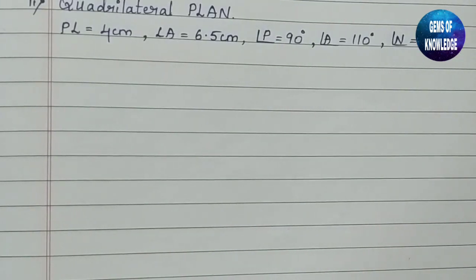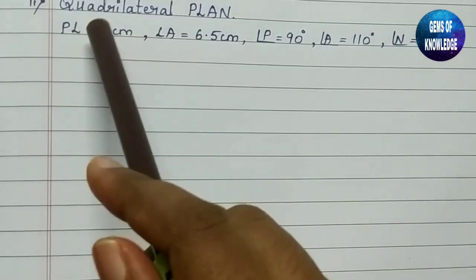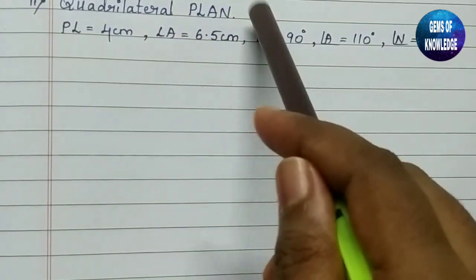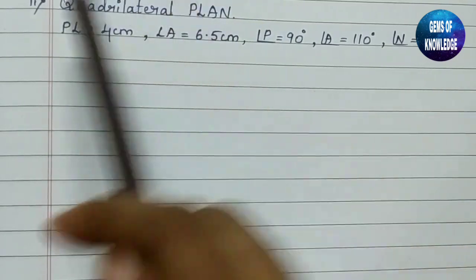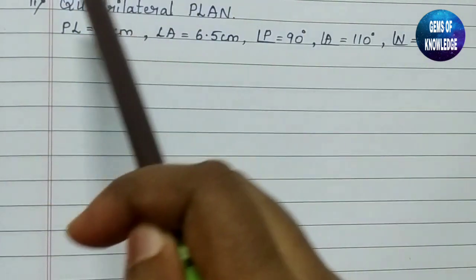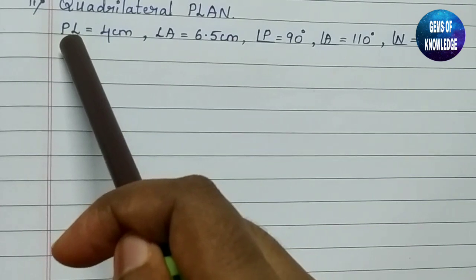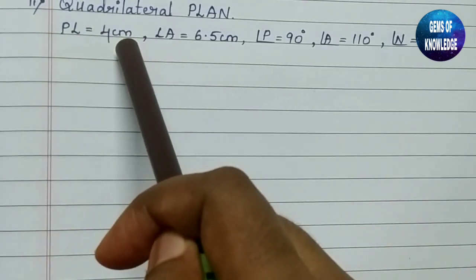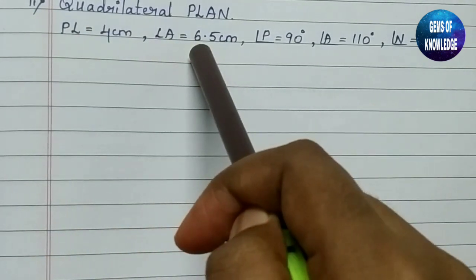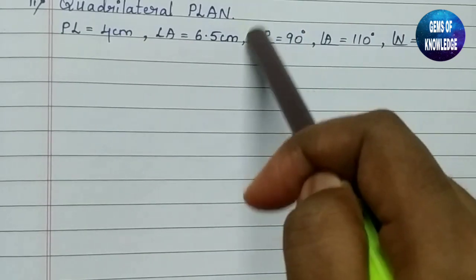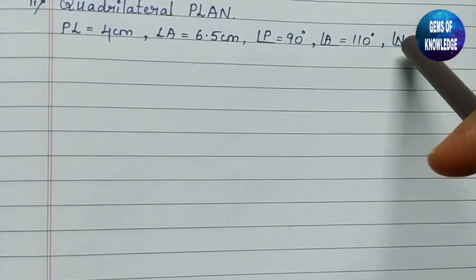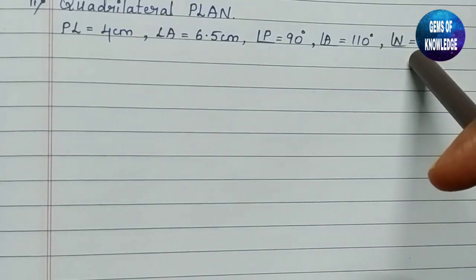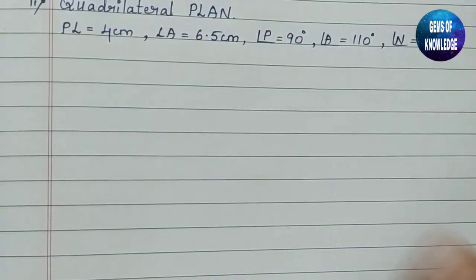Okay, so you can see the second question which has been mentioned here, that is quadrilateral PLAN. This is a quadrilateral which we need to draw here, and what has been given to us is PL equals 4 centimeter, LA equals 6.5 centimeter, angle P equals 90 degree, angle A equals 110 degree, and angle N equals 85 degree. So let us